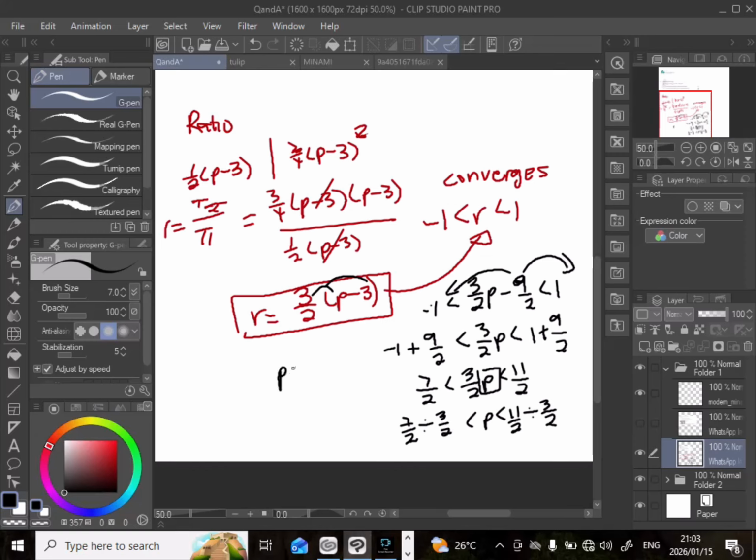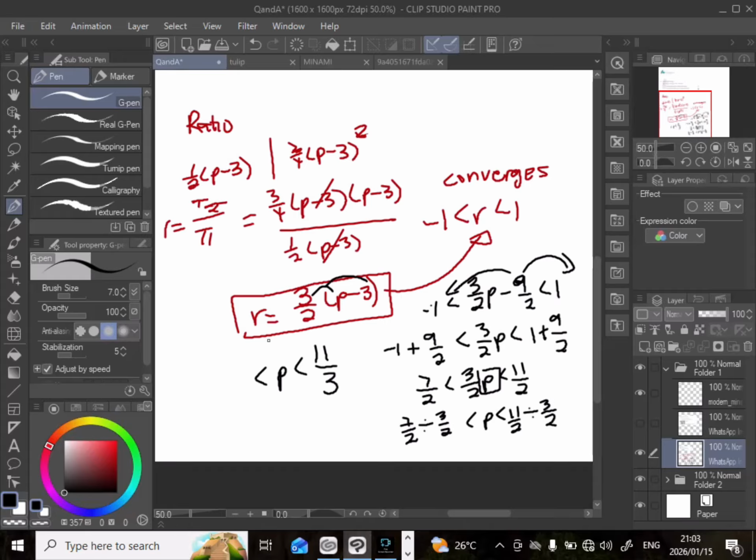Then our final answer for P will be 11 over 3, which is 3.67,